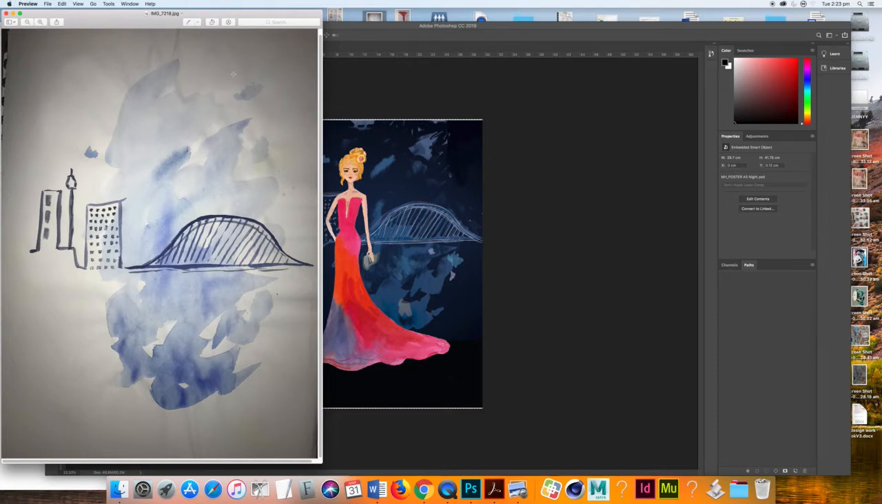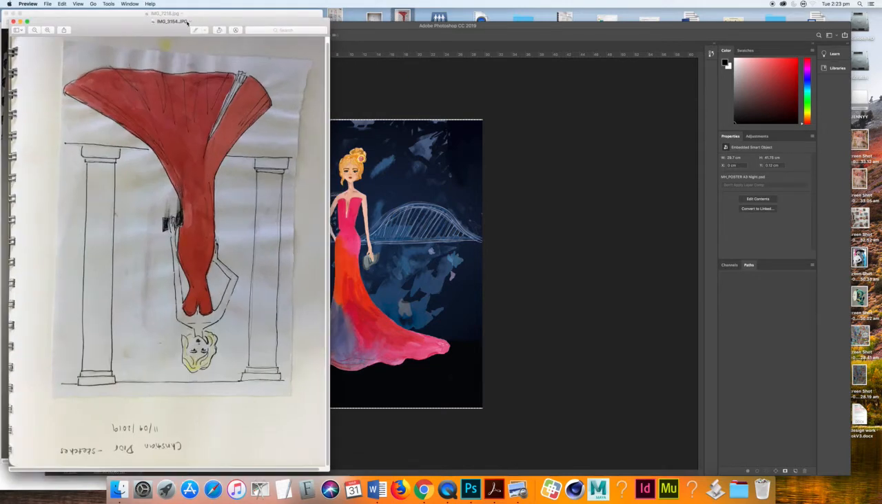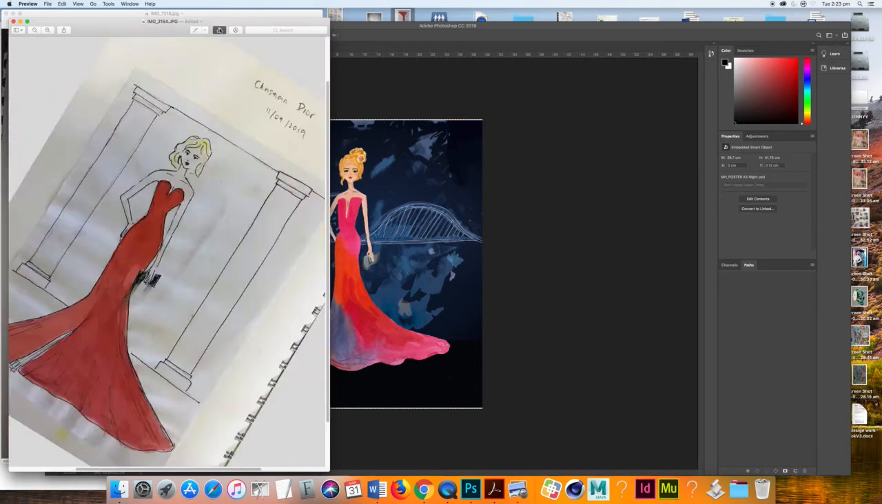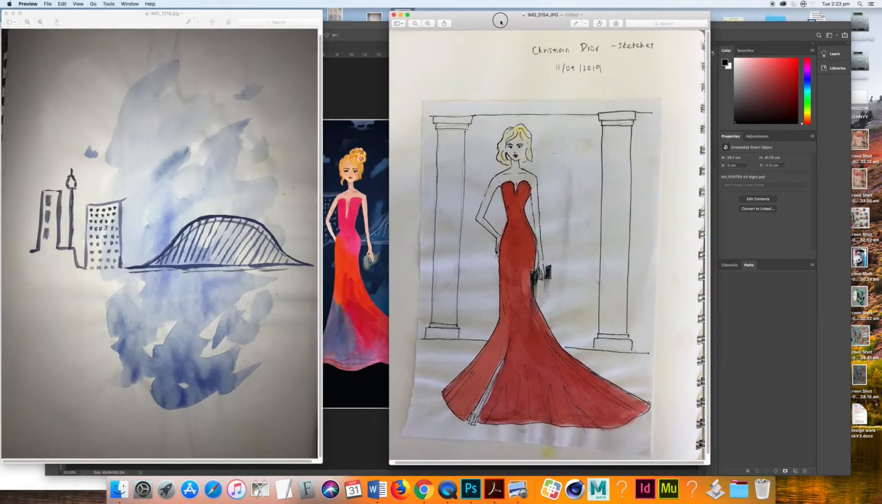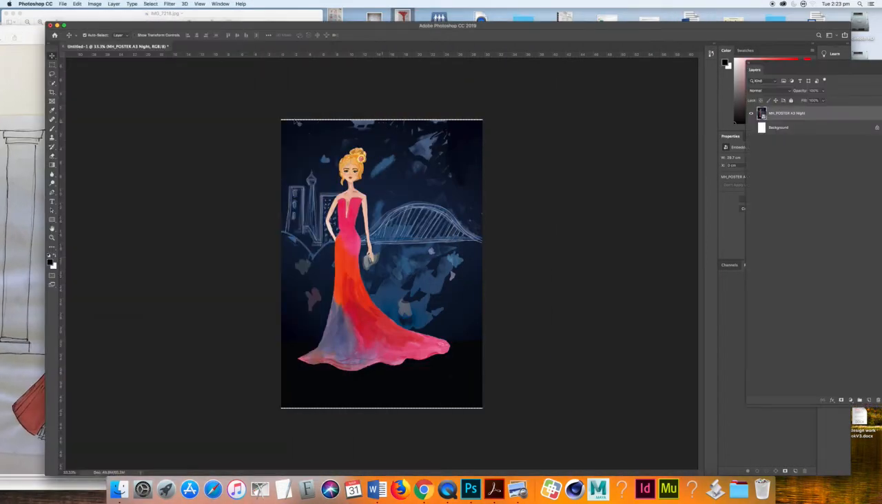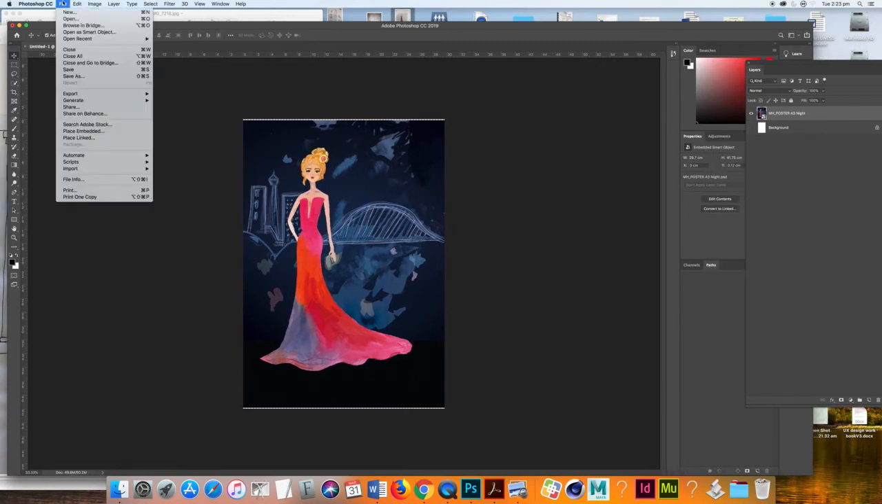So here's the background element that you see played with here in Photoshop, and then here is the actual illustration that she started off with. So there's quite a few steps in between this stage and getting it to here. So that's what I want to show you now. So the first step would be to go File,